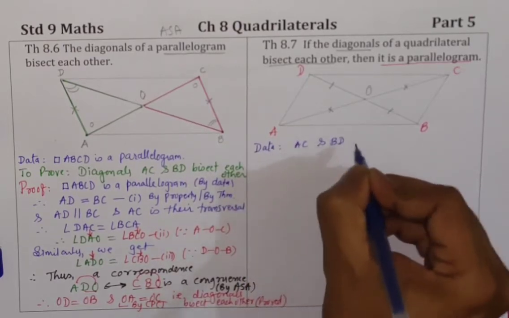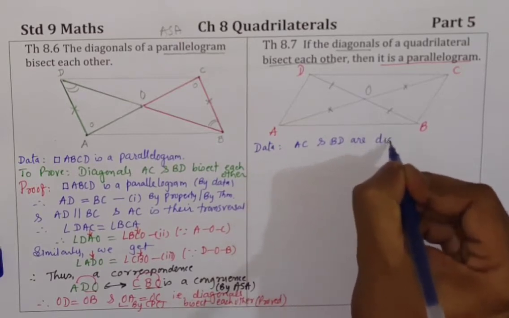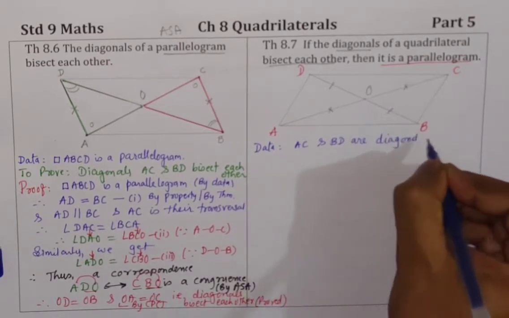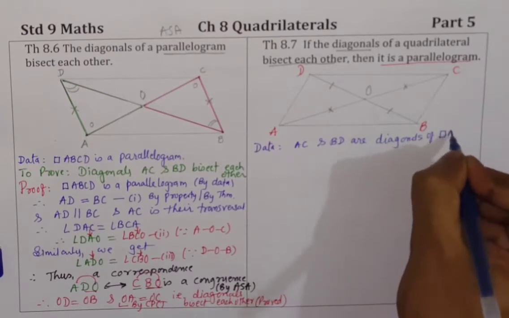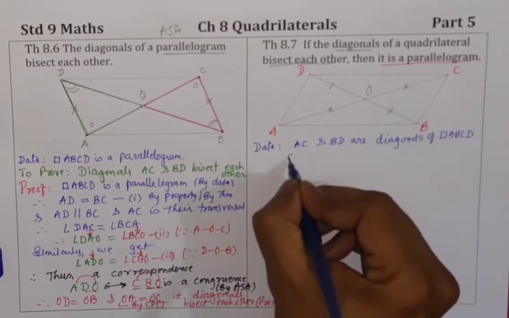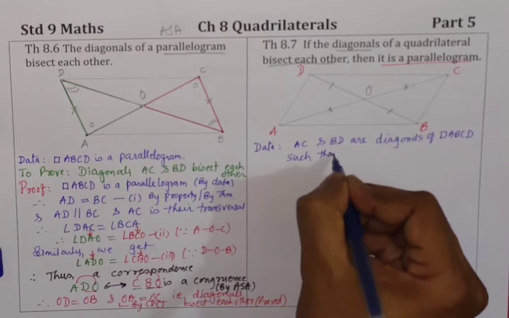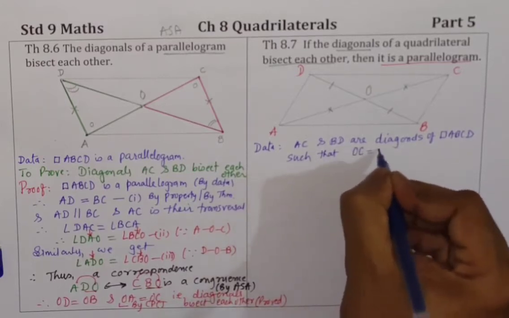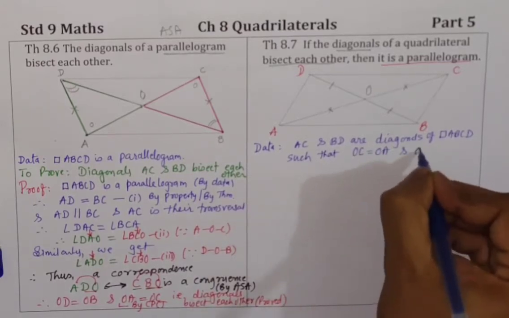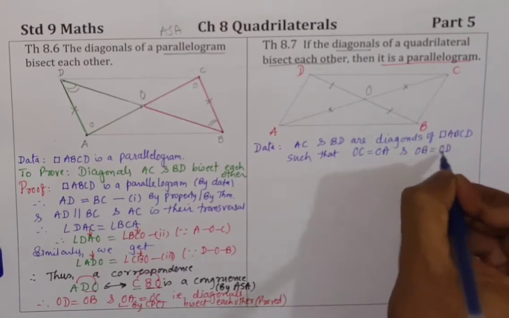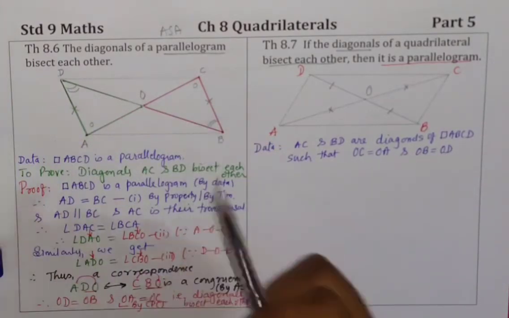AC and BD are diagonals of quadrilateral ABCD such that OC is equal to OA and OB is equal to OD. To prove: